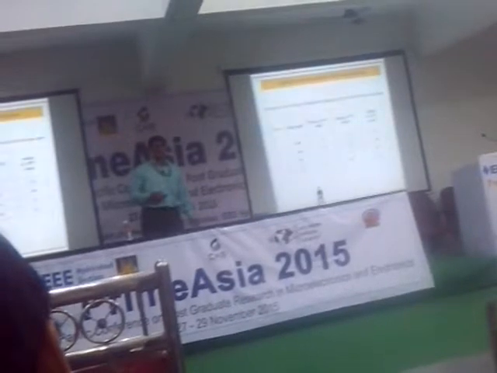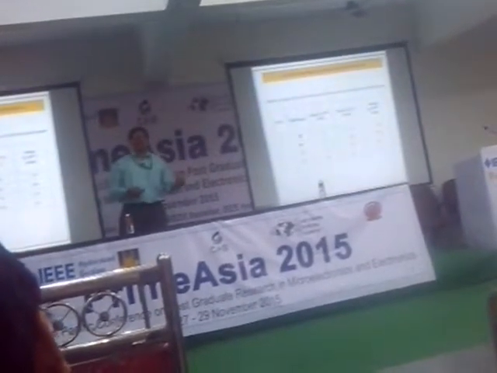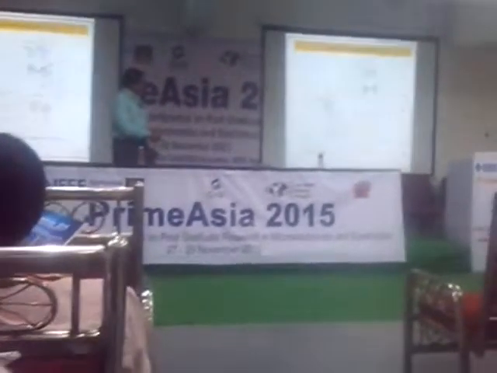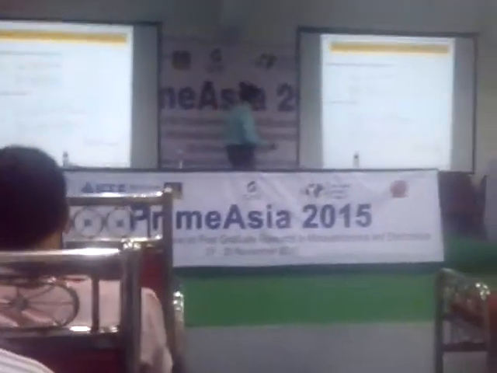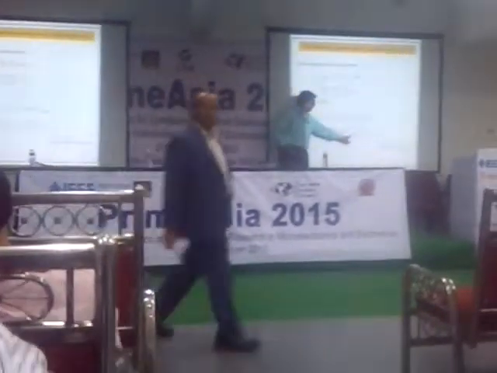Now, if you want to adjust the slope, you have to multiply it. I have tried to make K1 equal to K2 so that I simplify my work. If you don't want to simplify the work, if you want to make it more complicated because you want a better result, then you can go and implement this equation, the equation which says K1 plus alpha K2. What I have done